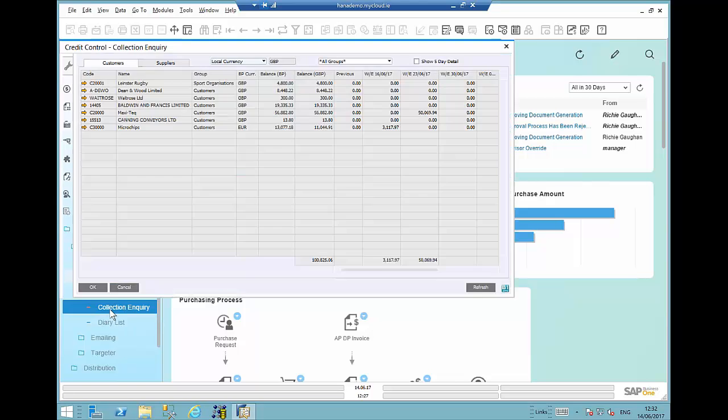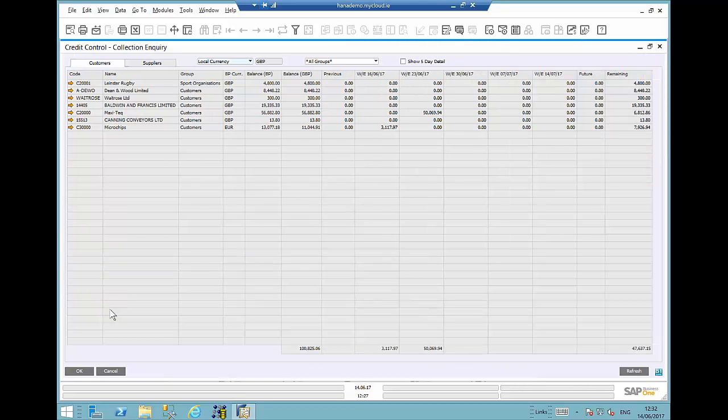So again, I have visibility on customers of the balances that they have, but the numbers that we have over here are promises to pay. Okay, so how do we get something to appear in that column? What does a promise to pay actually mean? So let's say we'll go back to